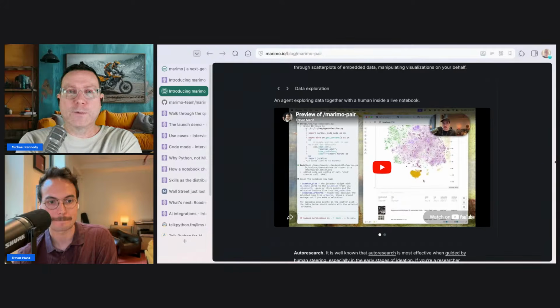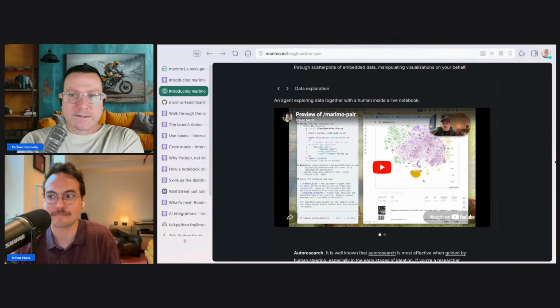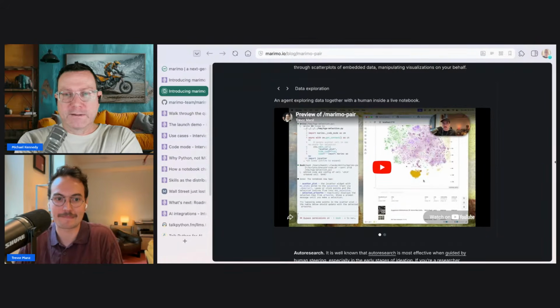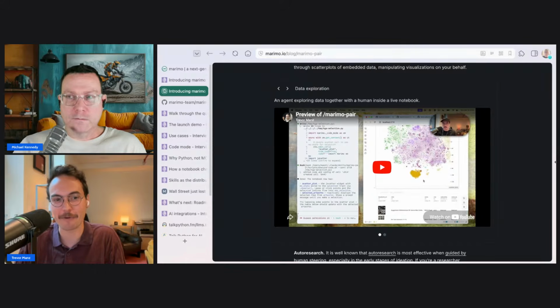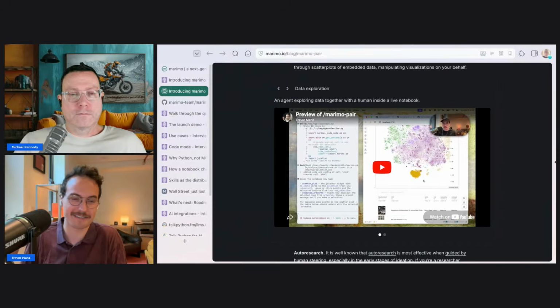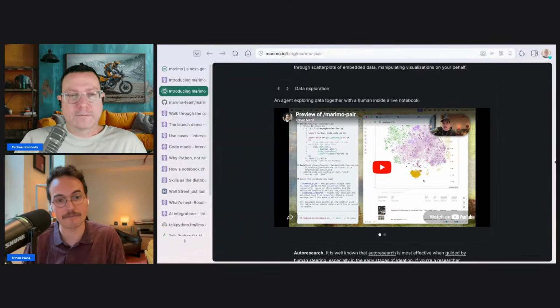Yeah, okay, that makes sense. And I guess there's some kind of API that the agent can use to talk to the running notebook. Yeah, so we hide an API within Marimo that's called code mode. Code mode is a semi-private API that's just meant for agents that are running Python inside of that kernel.